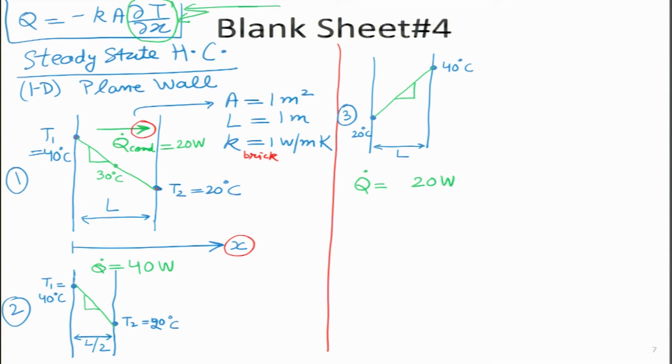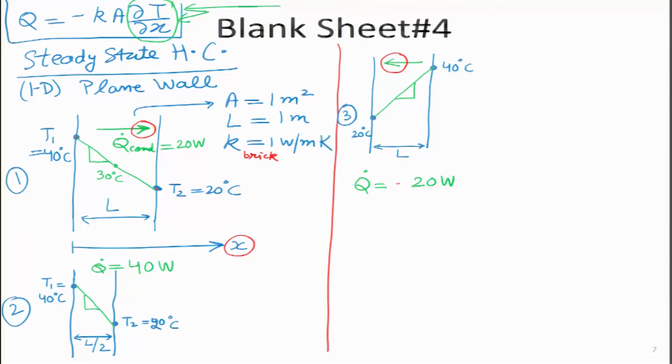But if I have to show in what direction is the heat flowing, how will I show that? So, I think heat always flows from higher temperature to lower temperature. So, now the arrow which I am going to highlight with the red color over here is actually in the negative x direction, which means when I am writing 20 watts, I have to go and put a minus sign over here. So, that is what I will do. So, the rate of heat transfer can actually be negative as well. It just depends on the direction in which we have defined x axis.